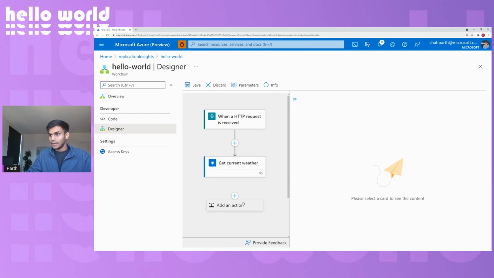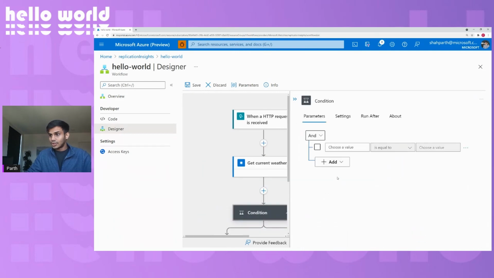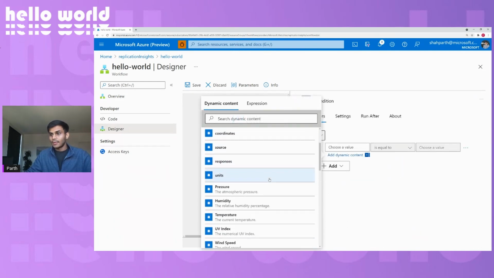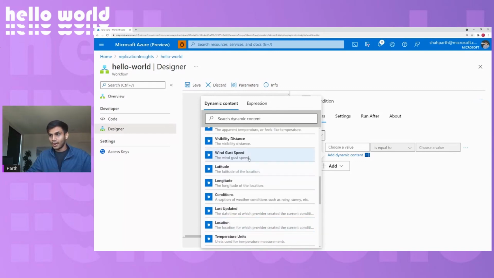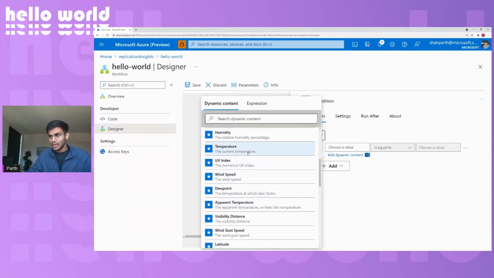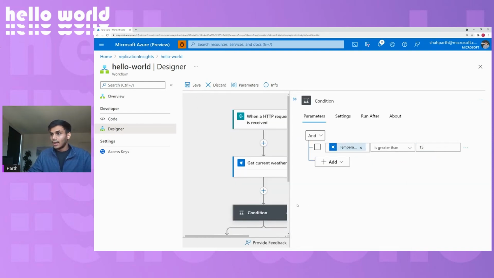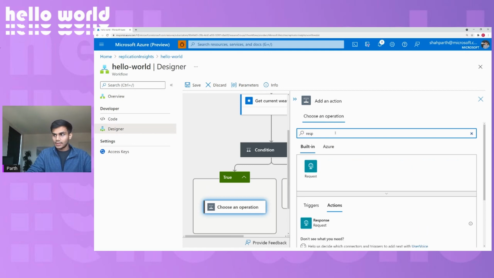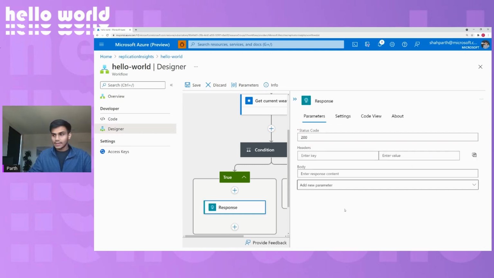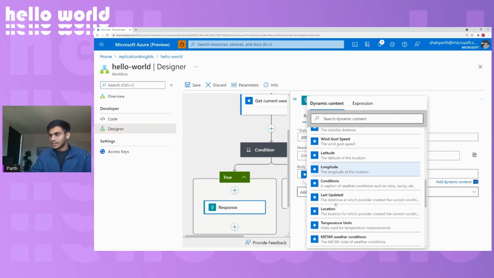And you also want to be able to add another action, which is a condition-based action, wherein you want to check if the temperature that is being returned from the previous action, get current weather. You see you have a rich ecosystem of all these particular fields that you can use as well. And it's the same for a lot of connectors. So if the temperature is greater than, let's say, 15 degrees Celsius, we want to be able to give a response saying that it is sunny. And also let the user know of the temperature units, for example,